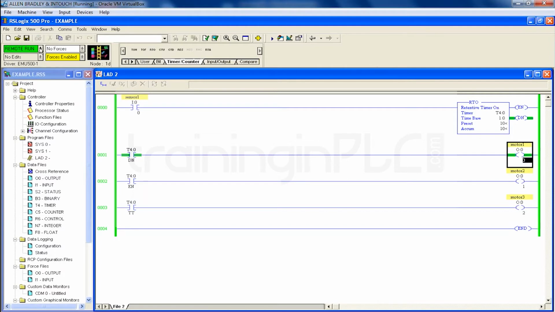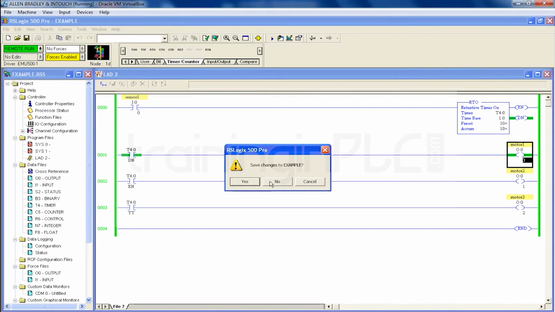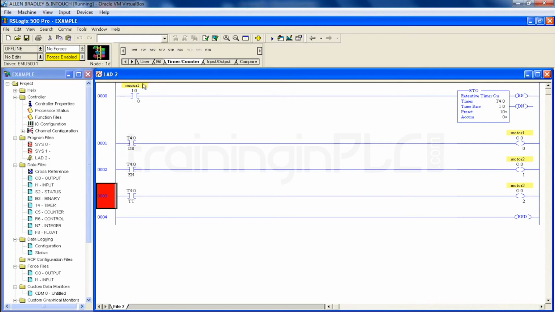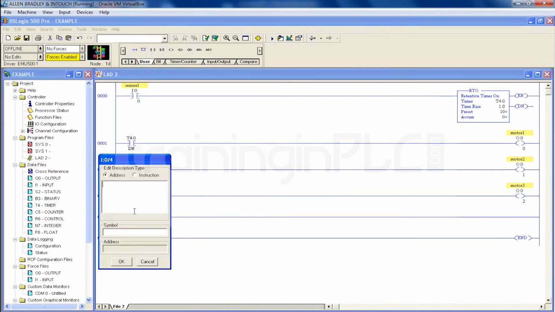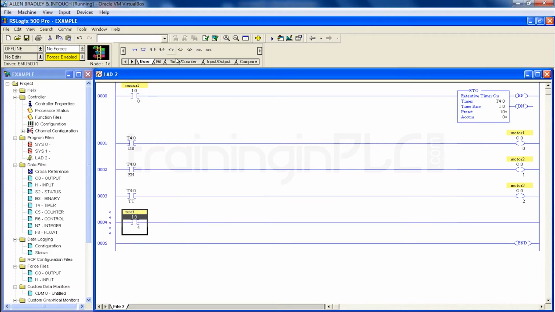So how to make an external reset? I'm going to have one more rung here with one input. Let's make I:0/4 and make it the reset input. This is a reset input and I'm going to use a reset coil. You can get it from the timer and counter menu. In that menu you can find the reset coil. Once you press that, it will be at the end.